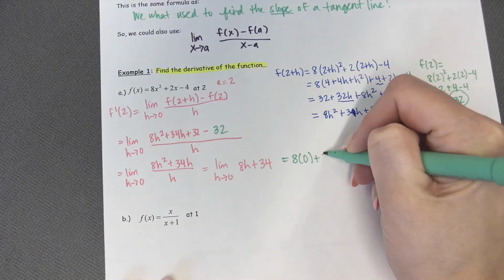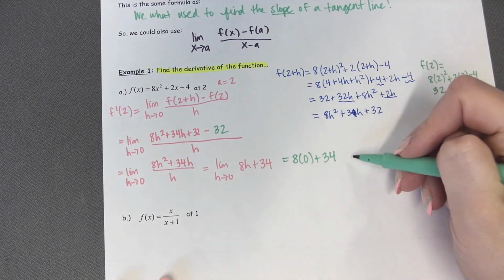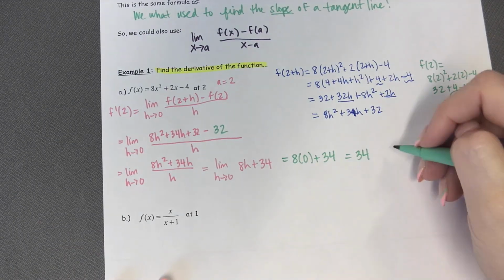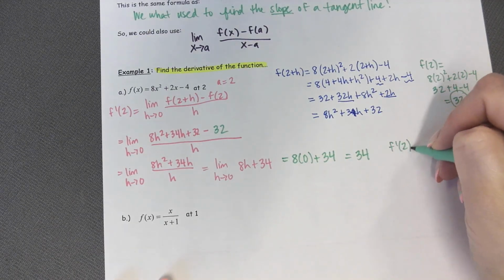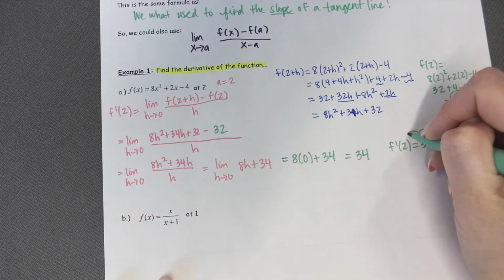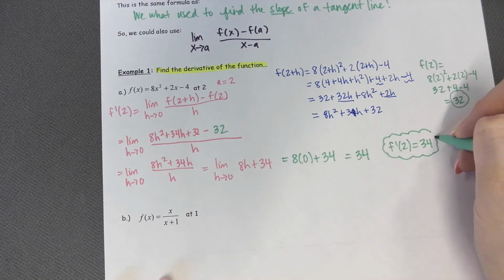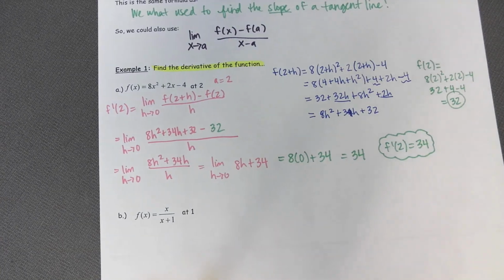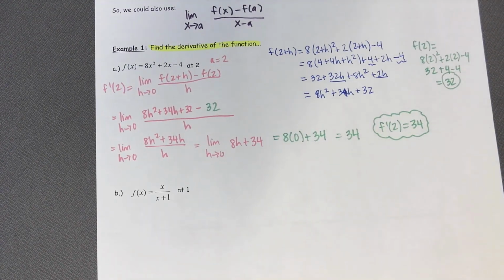So 8 times 0 plus 34. So you have to show this step. Okay, and then the way that you write your final answer is the derivative at 2 is equal to 34. Okay, that's your final. So very similar to yesterday, except instead of saying that it's the slope, it's the derivative